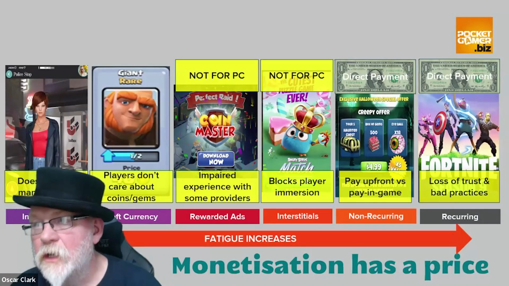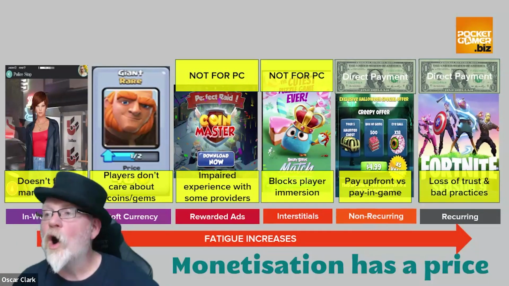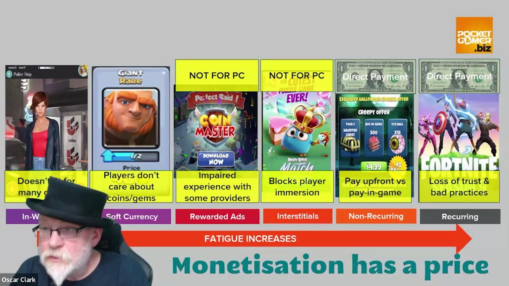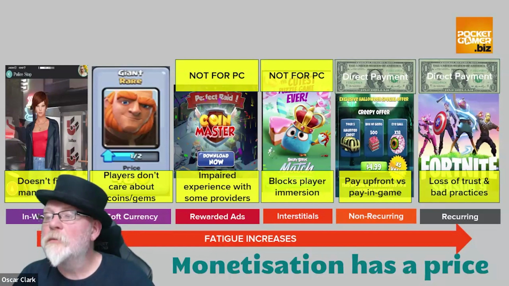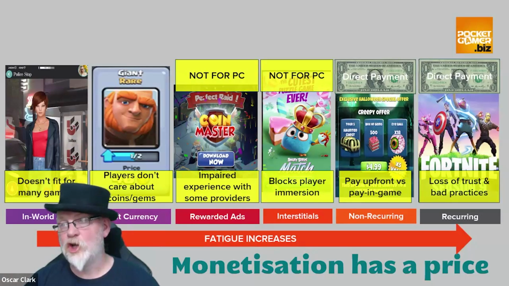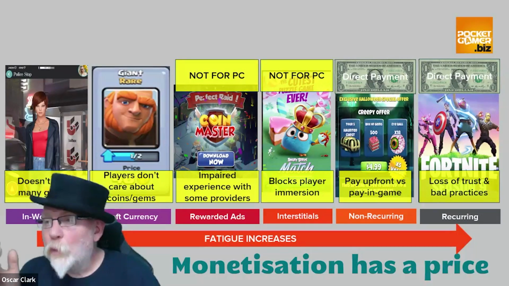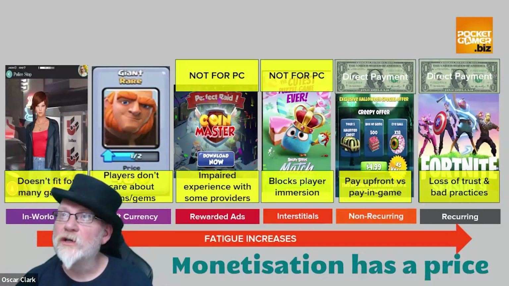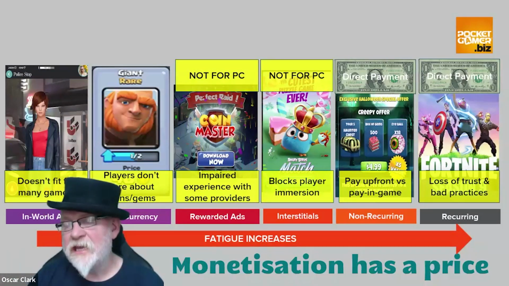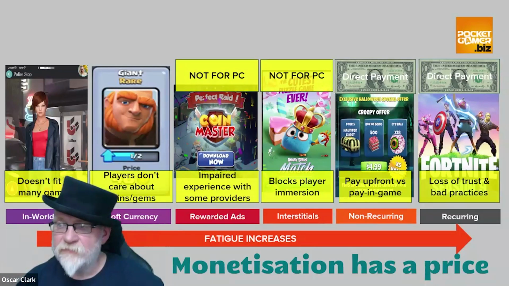You've lost them. So knowing that, you have to communicate the value proposition of each of these elements, and why, per point of exchange: the buying of currency, the use of currency, the use of an ad. If we don't communicate why they're valuable, we won't get people to do it. But if we do it too often, we will find them churning out. Other things worth thinking about: we don't want to create impaired experiences. We don't want to create blockers. The reason I talk about impaired experiences with rewarded ads is because there's been a trend where you're faced with a 30-second ad that's been extended to a 45-second to a minute-long ad.